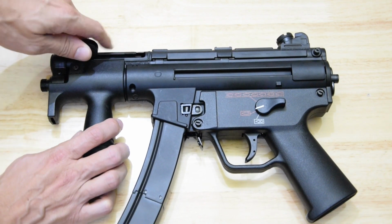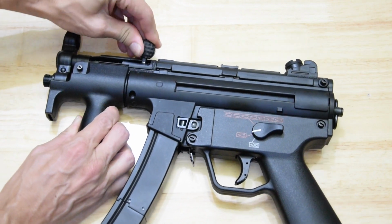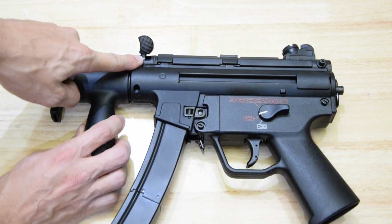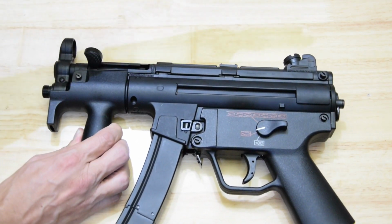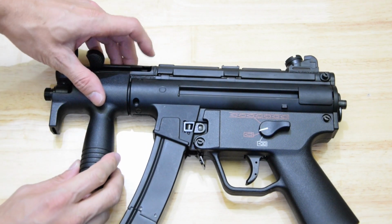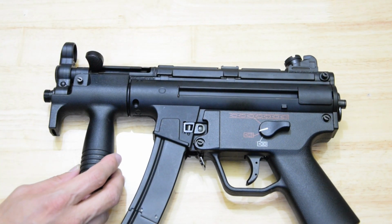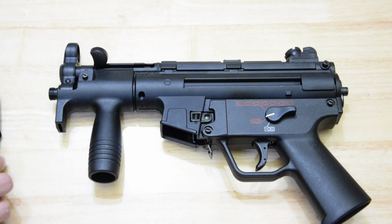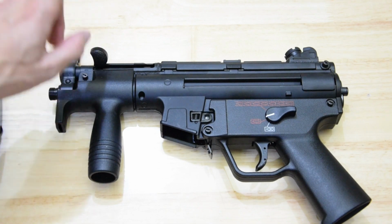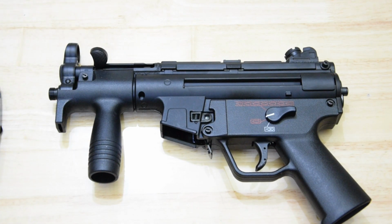HK fans, be aware, the charging handle is metal. So you can HK slap that, although not awkwardly from behind a tripod, obviously, because I just failed. Yeah, so that's a very cool feature. I was worried that that would be nylon as well, and I was worried that it would break off,